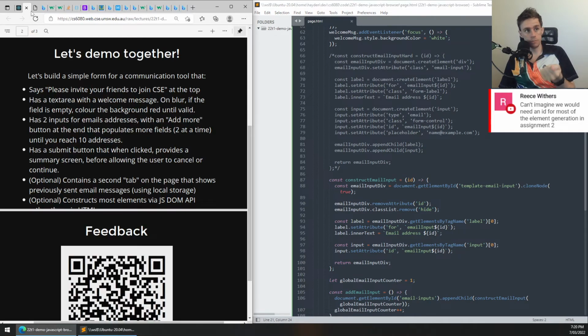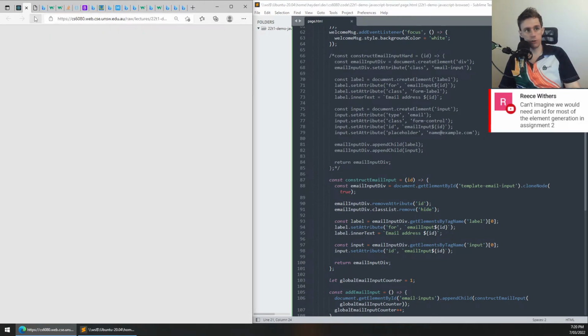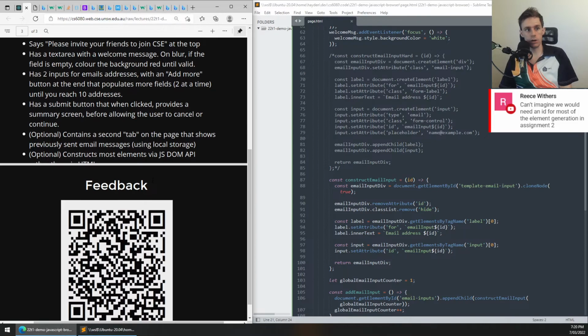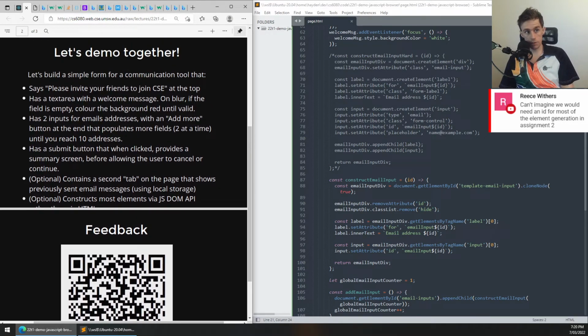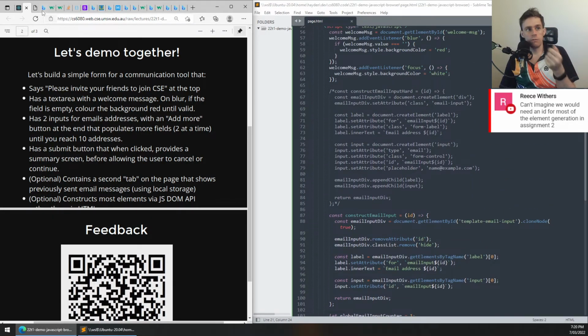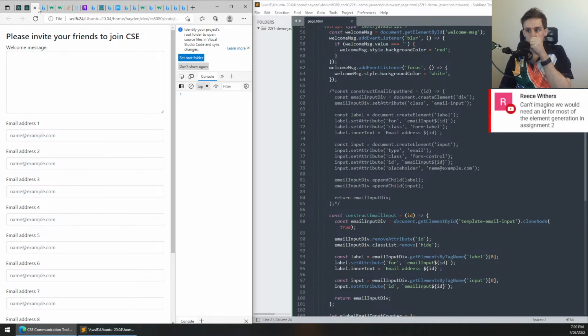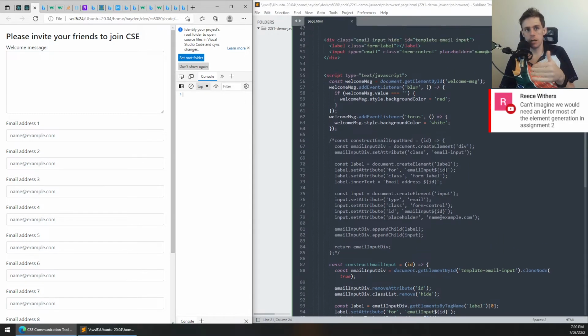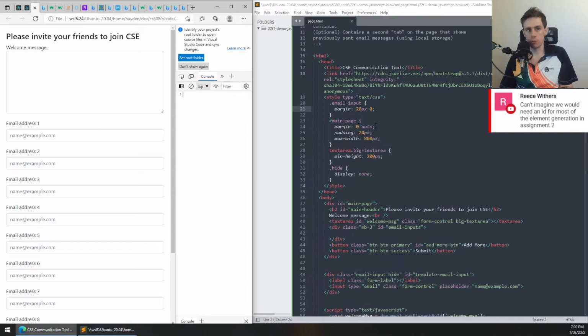What I wanted to do to finish this off, and hopefully really solidify the point of the assignment, is skip the summary screen, because the summary screen is just a modal, and if I really wanted to, you can do some of this with Bootstrap. But if I really wanted to give you a super quick summary of this,